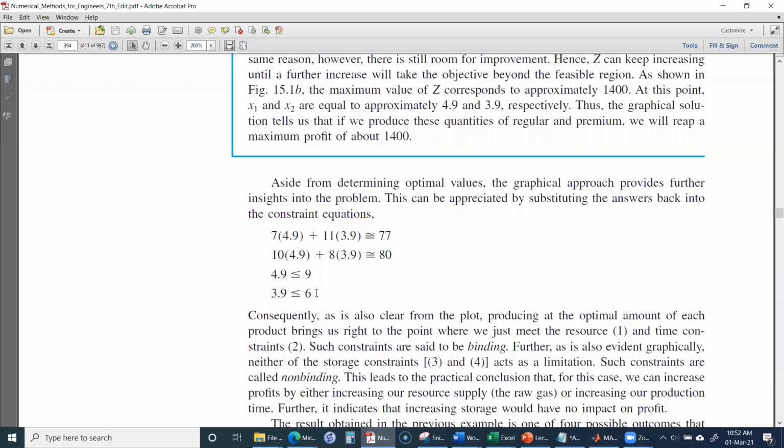Therefore, it is not necessary in this optimization to meet all constraints. Some of the constraints will be met, but some of the constraints will not be met. Okay, so let's stop at this time, and next in the